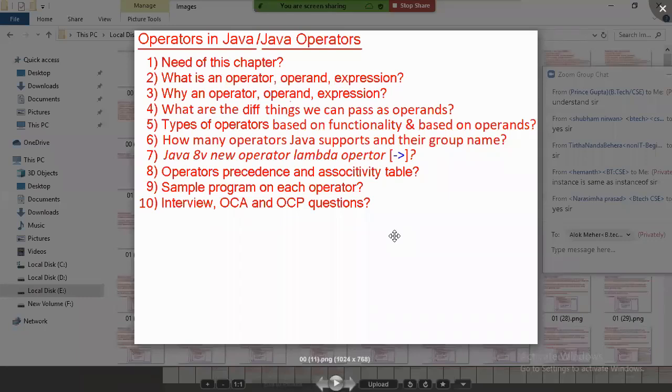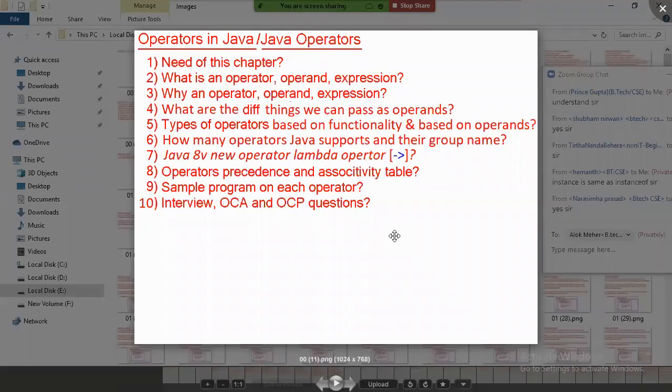Here ++ is a unary operator taking only one operand. An operator that takes 2 operands is called a binary operator: a plus b, a minus b, a into b are binary operators. An operator that takes 3 operands is called a ternary operator. What is the ternary operator? Question mark and colon. It is also called the conditional operator.